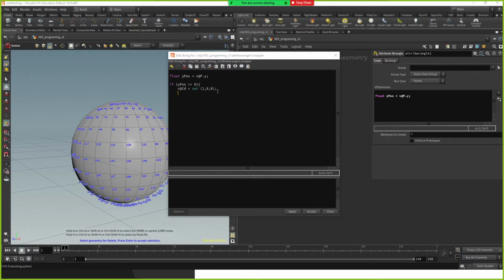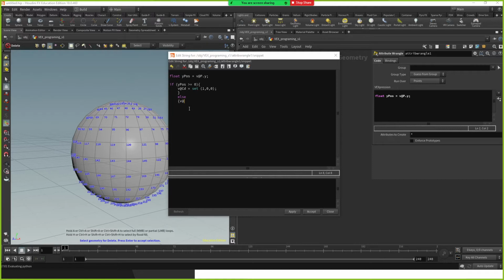Let me close the bracket. So you see, the moment I press this curly bracket, that part gets highlighted. It means this is the end of that one. Okay, I come down and I type else. What if it would be not above 0? Then open another curly bracket and I call